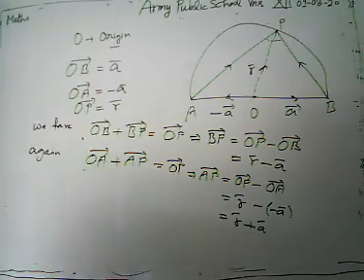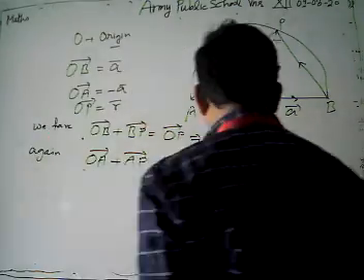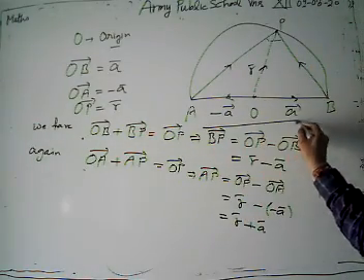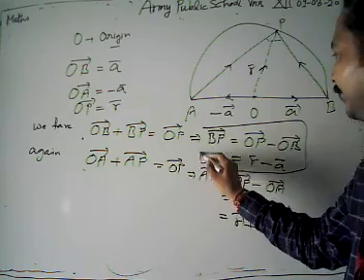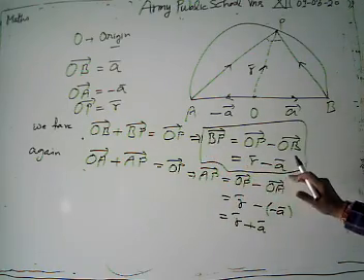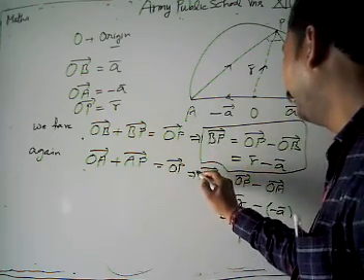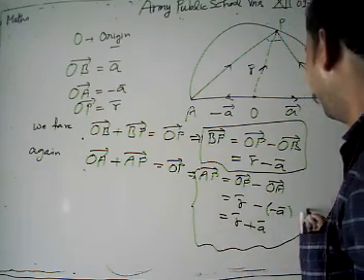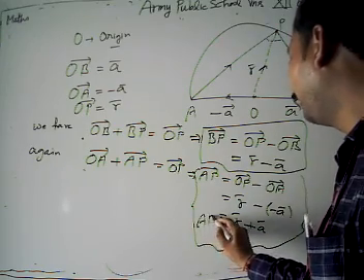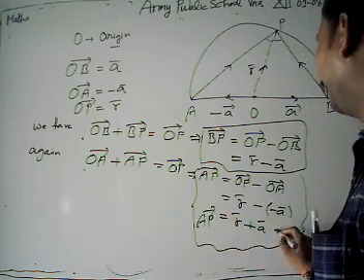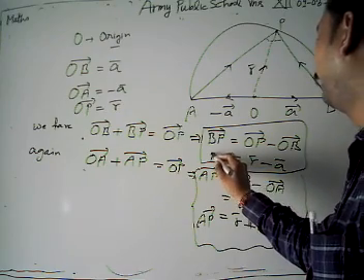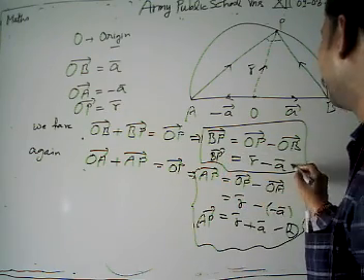Now look, what we have? From here we have the value of BP is given by R minus A. We have a value of AP which we have given by what? We take this, AP equal to R plus A, and BP equal to R minus A. Take this as equation number 1.